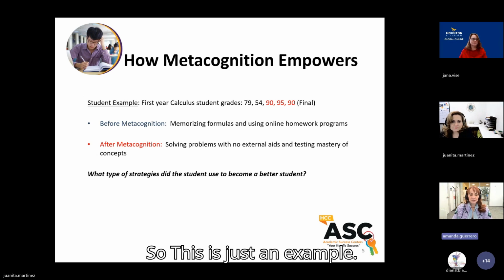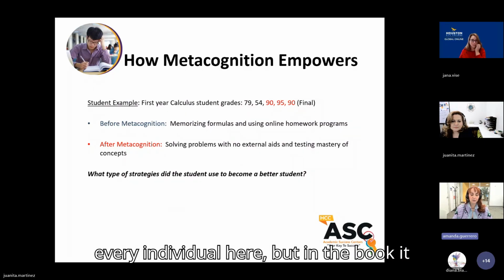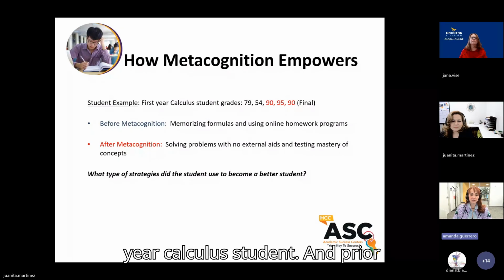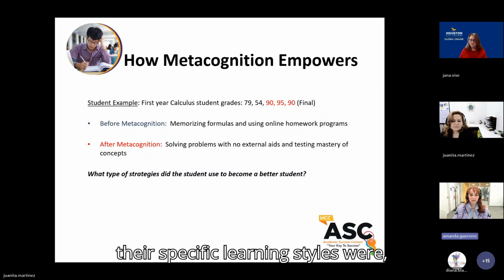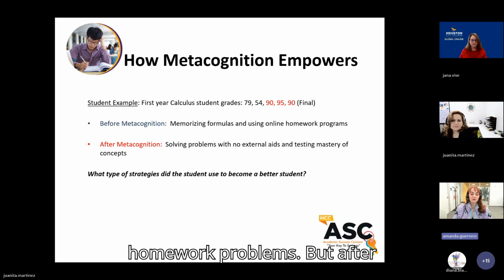So this is just an example. This isn't a guarantee that this is what's going to happen with each and every individual here, but in the book it talks about this student who is a first-year calculus student. And prior to understanding metacognition and what their specific learning styles were, this student was making grades like 79 and 54 on their tests. They were memorizing the formulas, they were using their online homework problems,